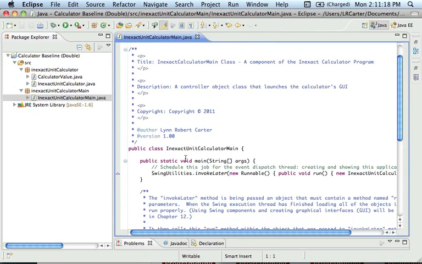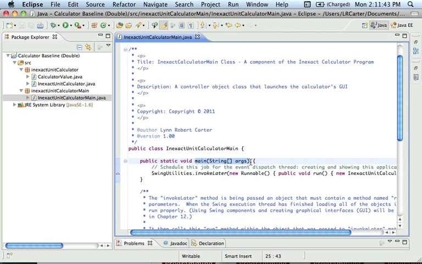As you can see, this class consists of just a few lines of code. Here's the main right here. The main line is used to create a swing object which represents the controller for all of the buttons, text fields, and other swing elements that are the user